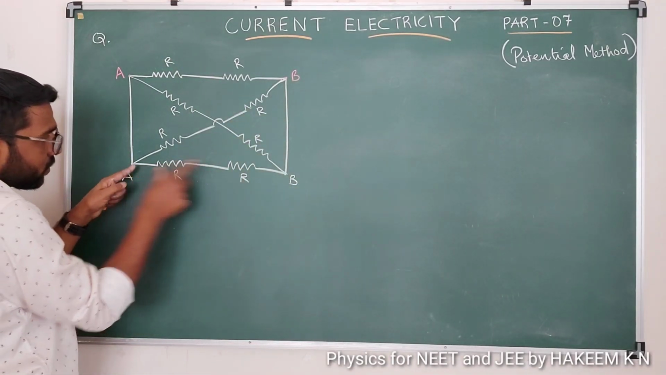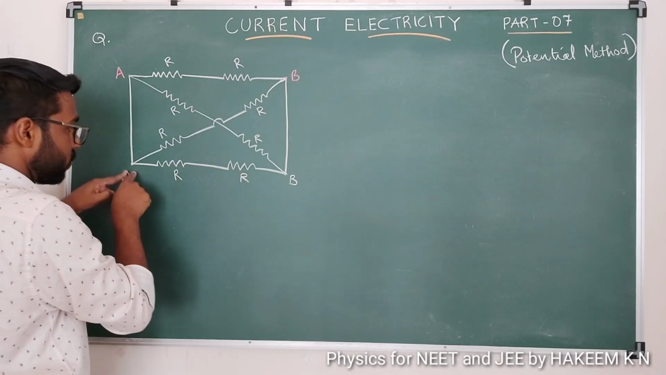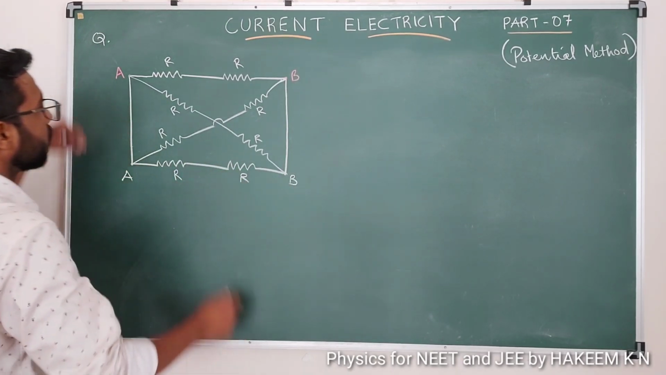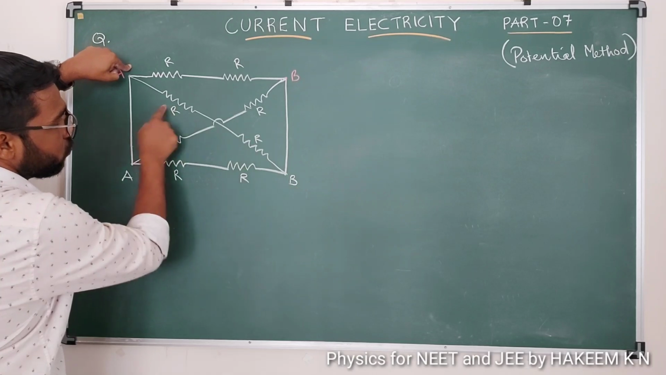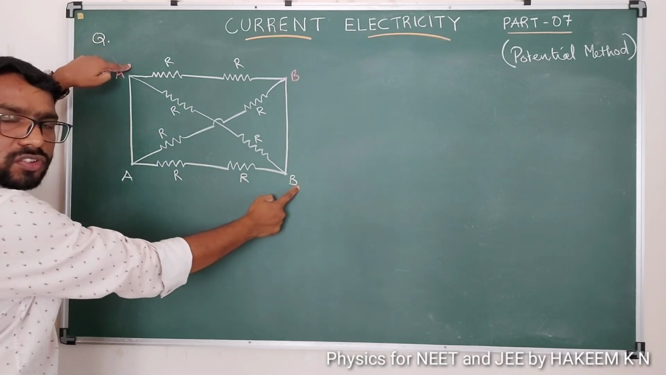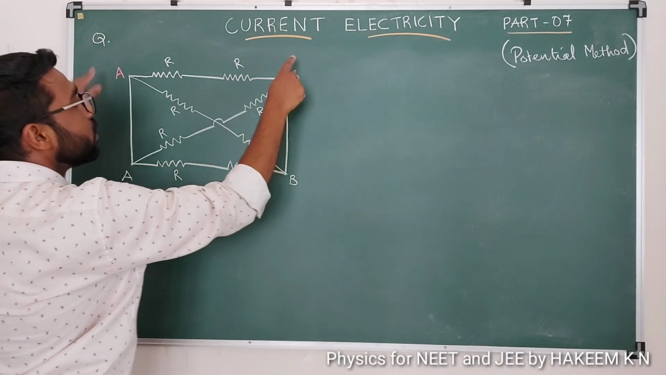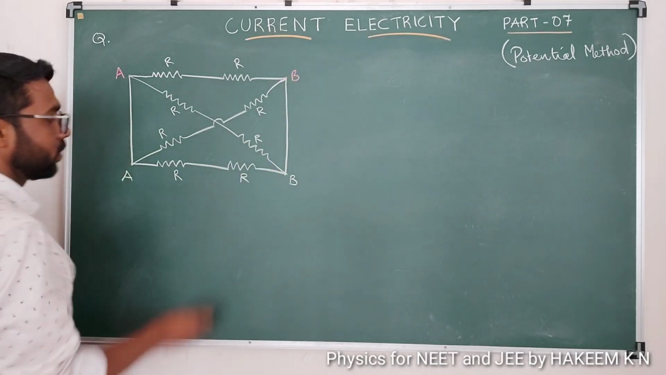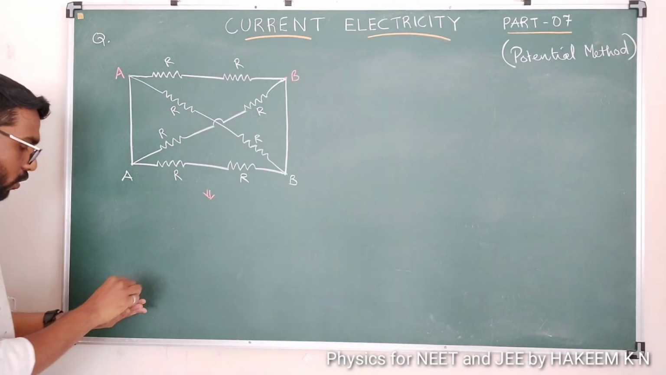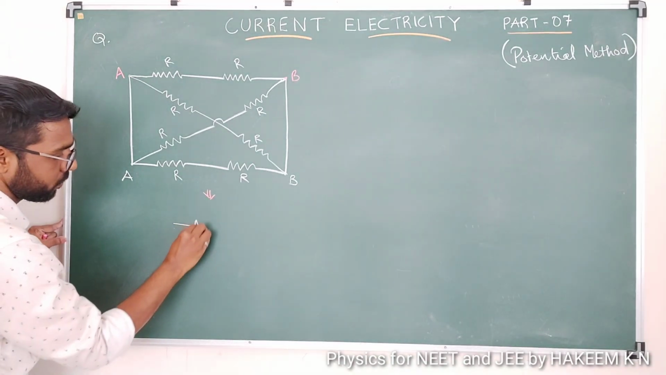You can see here this network R plus R, 2R, one end at A, the other end at B. Here also 2R connected, one end at A and the other end at B. Here also one end at A, other end at B. Here also one end at A and other end at B. So by drawing the equivalent network,